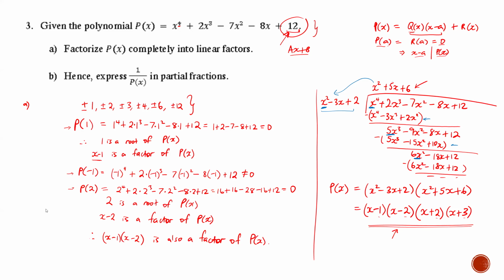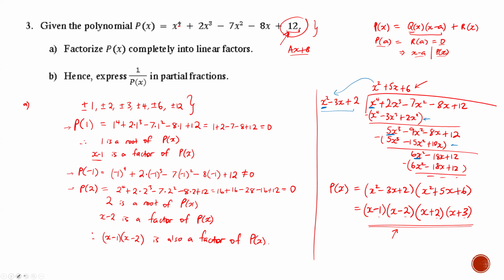I'm going to move to part B because of time. Part B tells us to hence express 1 over p of x in partial fractions. Now, this is not hard actually. It's pretty straightforward if you know how to express. If you have done questions on partial fractions, then this will be very, very straightforward because 1 over